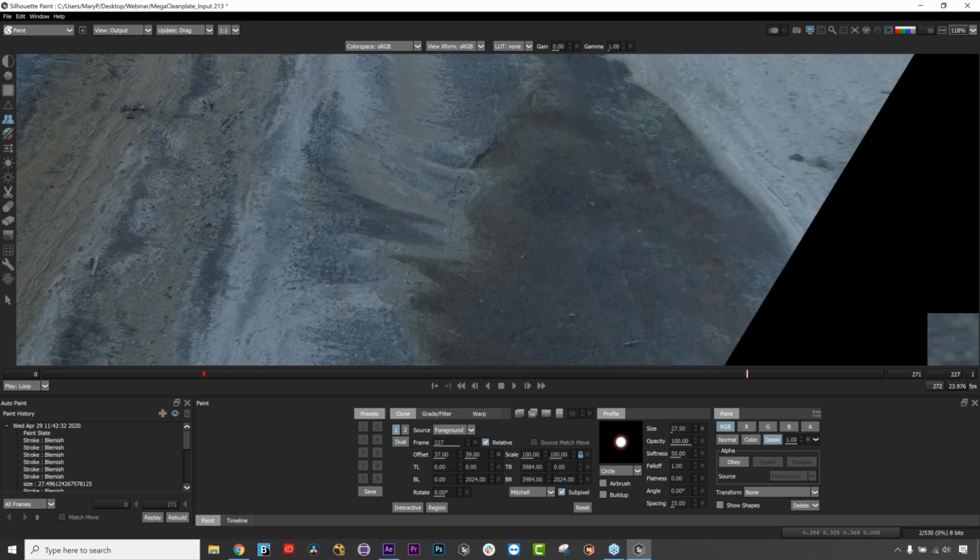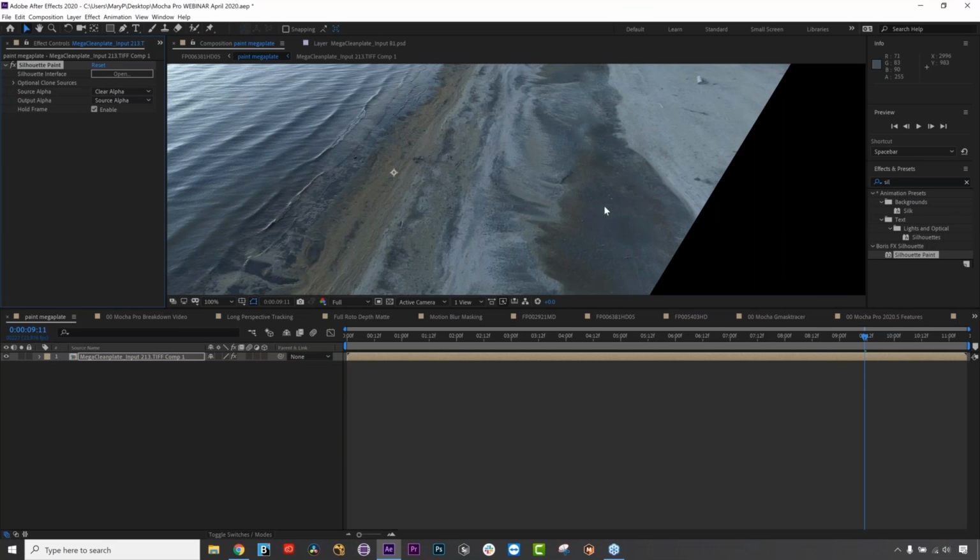Yeah, Silhouette Paint has some amazing features for these kinds of touch-ups, the detail or fill painting. So that's basically how I did that shot. I'm not going to save it because I don't want to save that data, but I do want to point out that you can do a lot to get rid of problem areas in your shot using Silhouette Paint. And then you can start to composite this back into the shot using that same